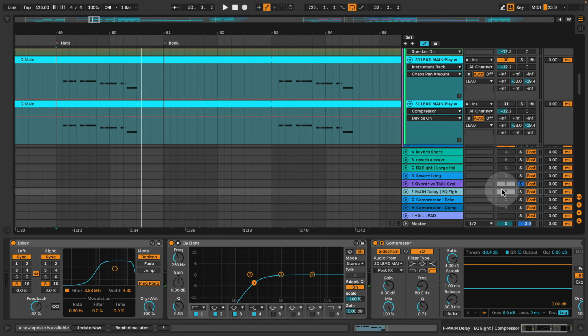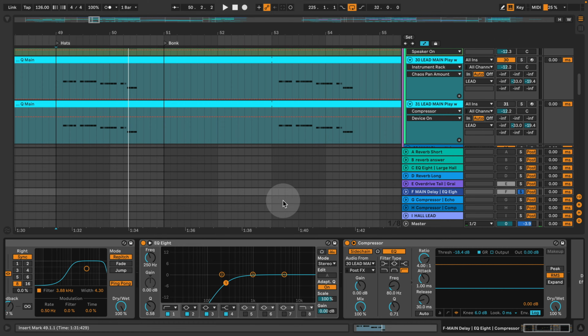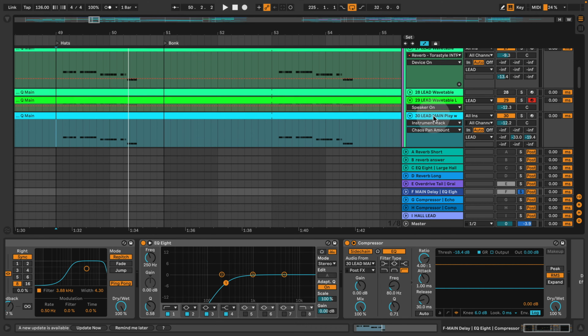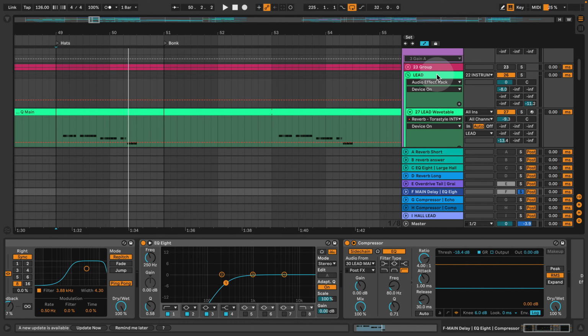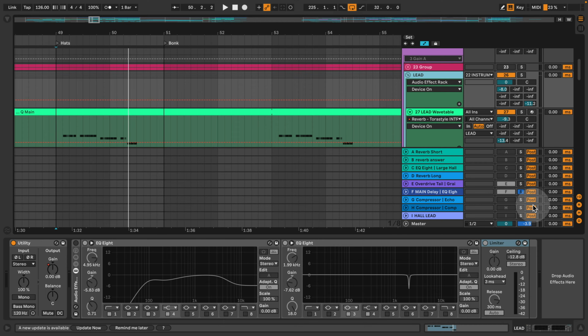So let's look at the F channel here, what's on that. So here we have a little bit of an 8x8 delay in the ping pong setting all the way up. And we're cleaning up the low end here, and again we're sidechaining to the sound itself. So these 2 sounds are applied, and then through the whole group that we are in with our lead, we are also sending it into return channel I, which is this one here. If we activate that one,